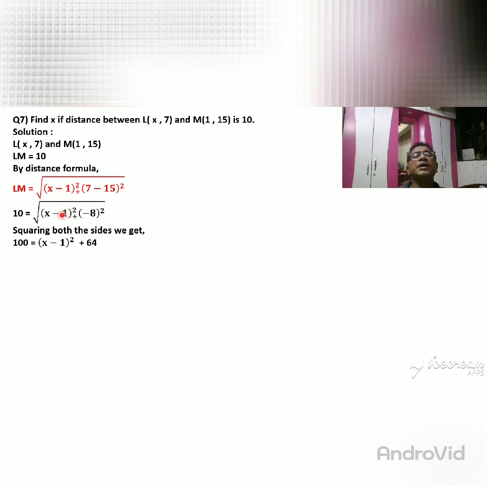So it becomes (x minus 1) indices 4. So 4 indices square root is 2. So (x minus 1) bracket square. Square means when you are doing the square, you can do the 10 square 100. And when you are doing the square of these sides, this square sign can be removed. And whatever be that number can be written here.